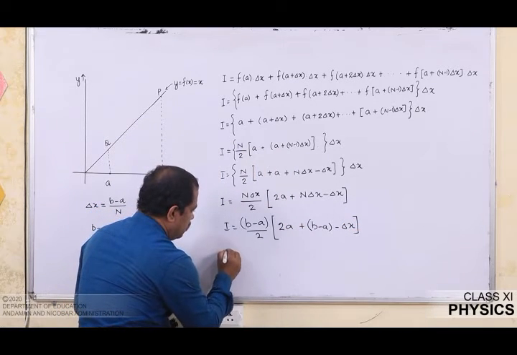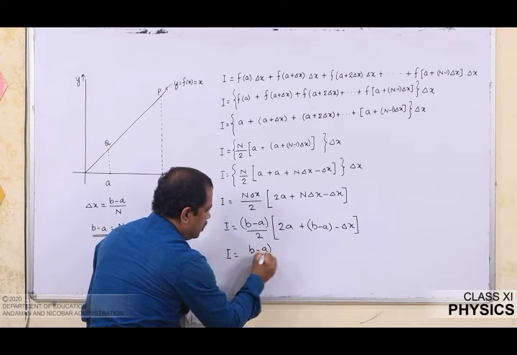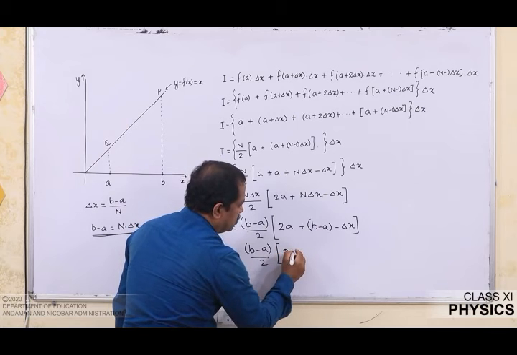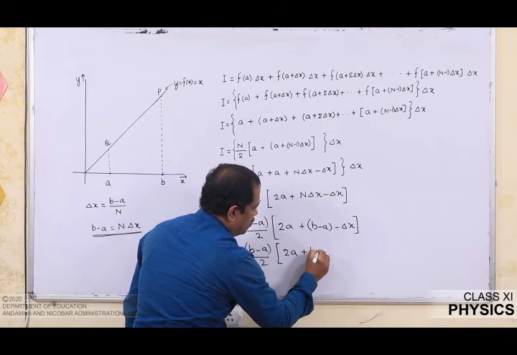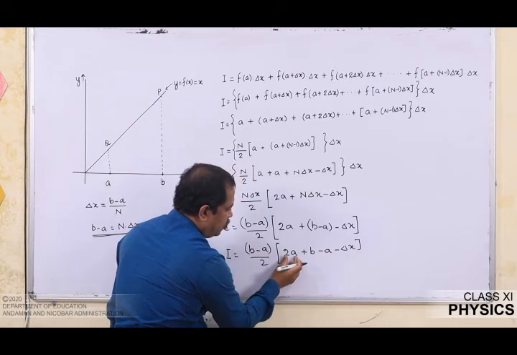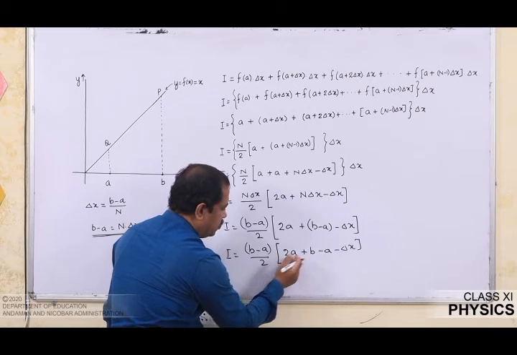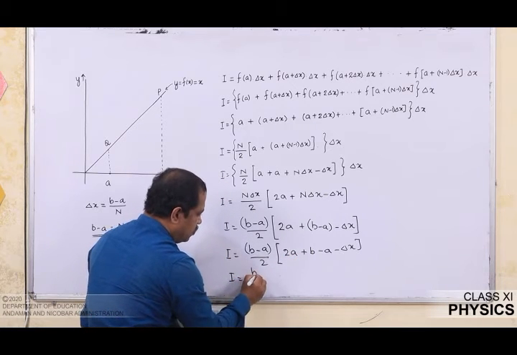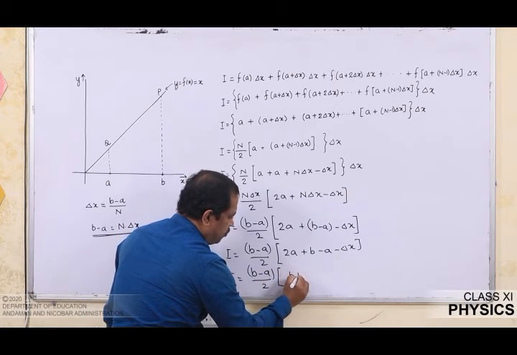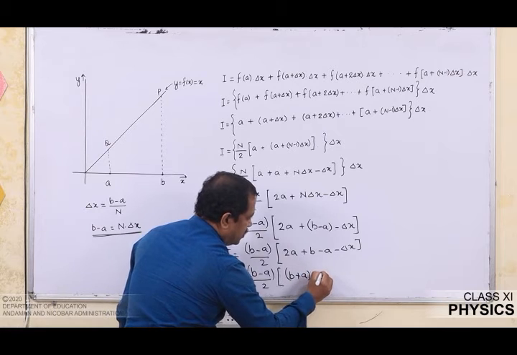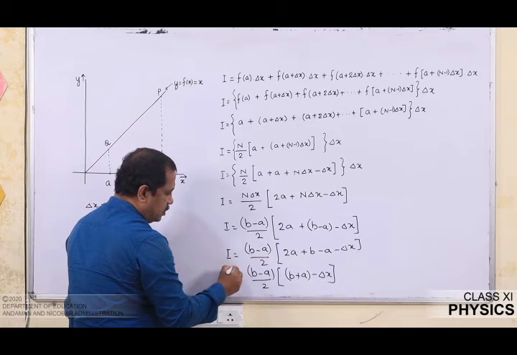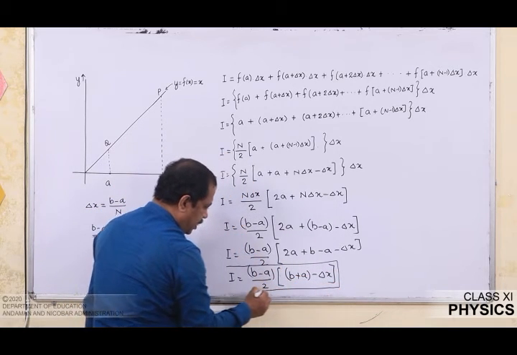Now, evaluating this expression, I have b minus a over 2. I open this bracket, so this is 2a plus b minus a minus del x. So, minus a to a, so I am having a. So, I am going to rewrite this expression as I is equal to b minus a over 2 times b plus a minus del x. So, this is the area that I have calculated